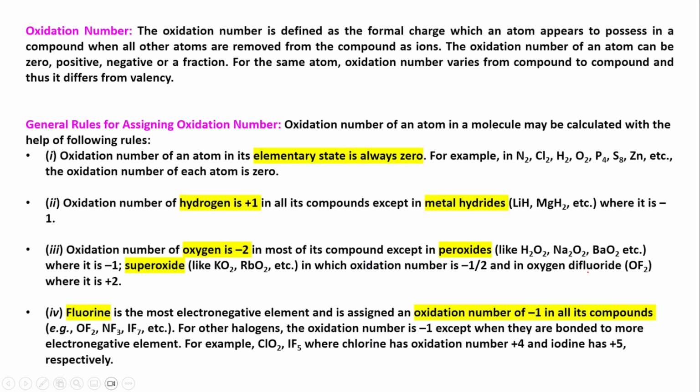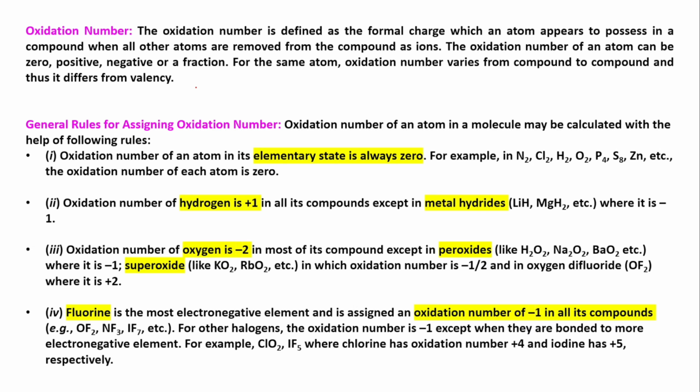Now this is very important. Oxidation number, like if I write Mn is +7, then this number is called oxidation number. This we have to calculate one by one, and this number varies from compound to compound. Suppose manganese is +7 in this case, in some other compound it may be present in +2. So it varies from compound to compound.